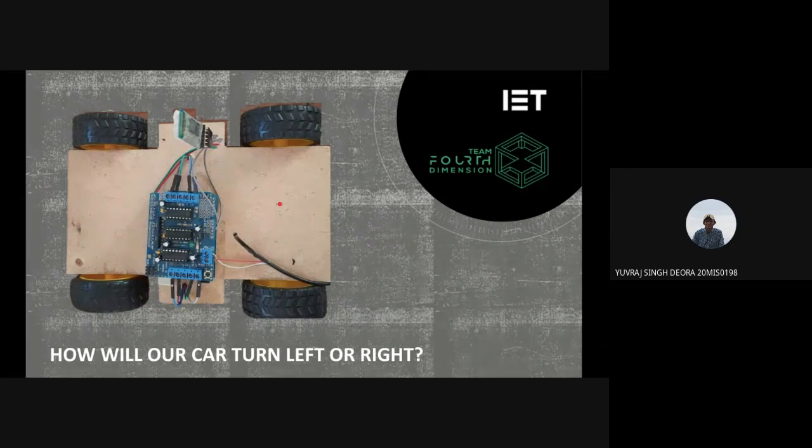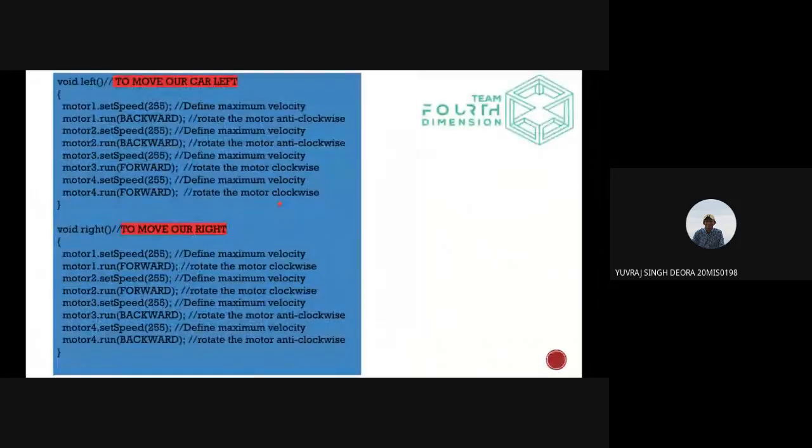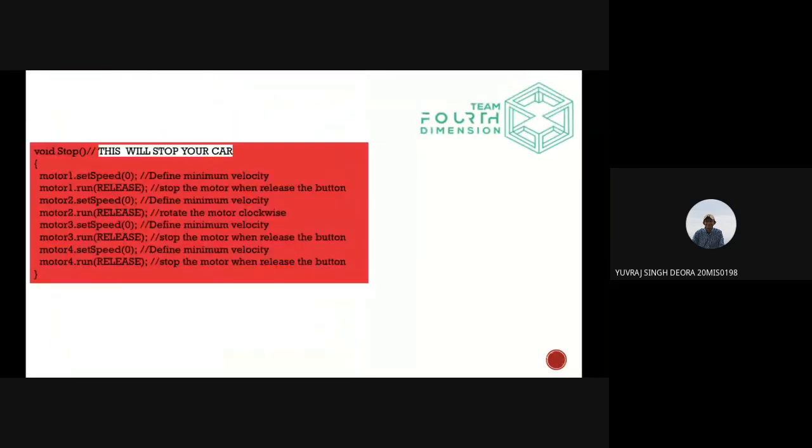I hope you understood how to turn your car left or right. In this code it is written the same way. In the last function, the stop function, when it is executed, all the motors will stop functioning and stop at that point.